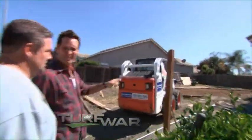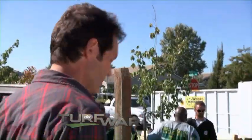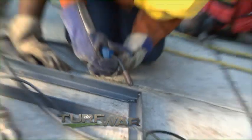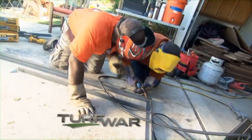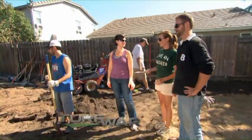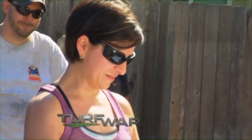Still ahead. Am I missing something? You're missing some concrete, my friend. Team 2 gets stuck moving 20 tons of concrete by hand. Let me get out of the way before I get run over. Melissa welds her birch gates. That was bad. Well, you know, there's no such thing as bad, just not as good. And Jackie has a few choice words for her rivals. Actually, we brought you a card. Oh, it's very detailed, I can tell. It is, yeah. You really took-